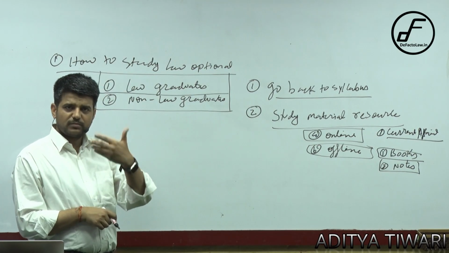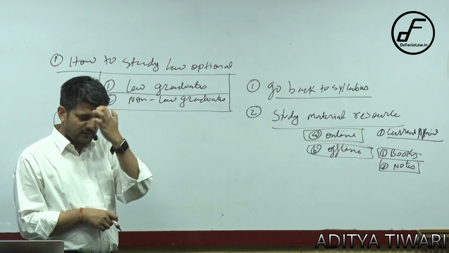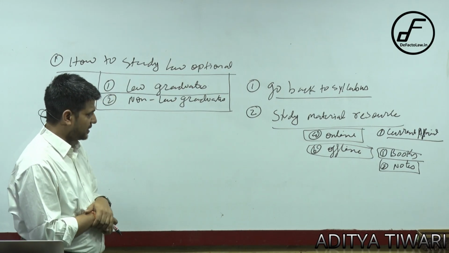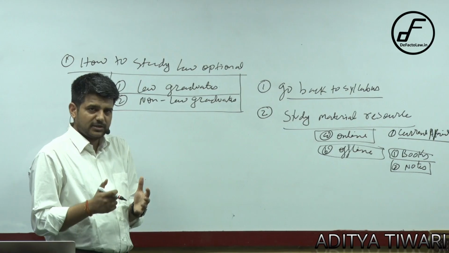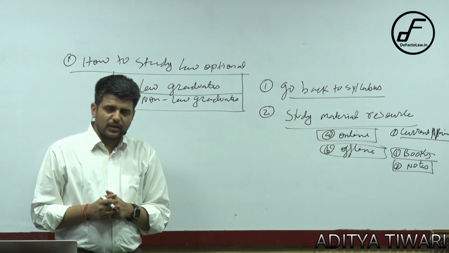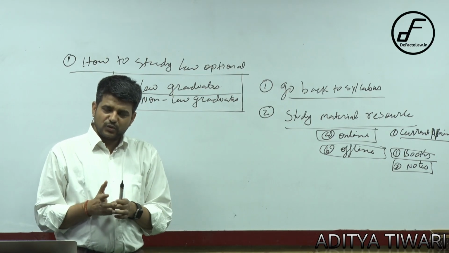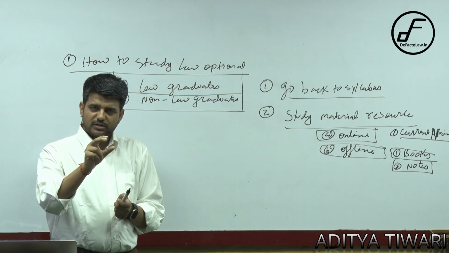I will be talking about books and specific chapters also in a different video. So this is not what I am discussing here, but do remember that you have to actually purchase around 7 books for different laws. But in those 7, only a few chapters are actually needed, right?